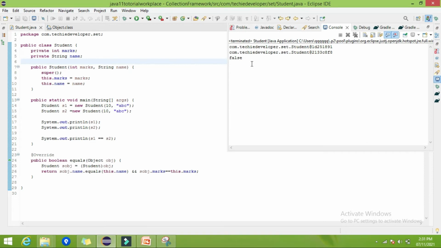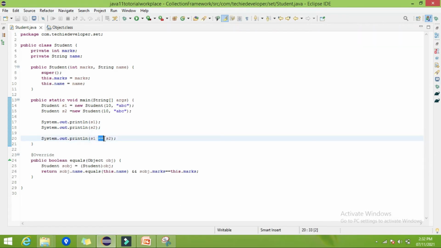Why? Why is it giving false? Because we have not used this equals method yet, because we have used the equal symbol.